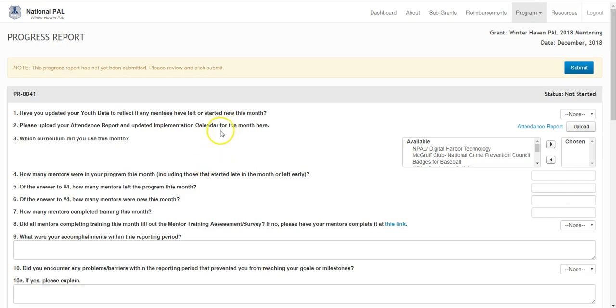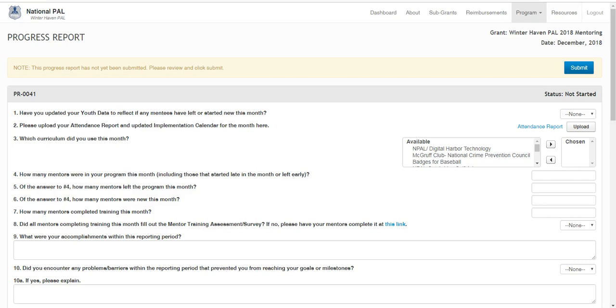Alright, so as you can see, the very beginning looks exactly like a standard monthly report with some of the same questions. This first one asks, have you updated your youth data to reflect if any mentees have left or started new this month? Of course the answer here for every single person should be yes, because it is required that you have updated all of your youth data as this is the final report of the grant year. We need everyone to update, add all of their youth,